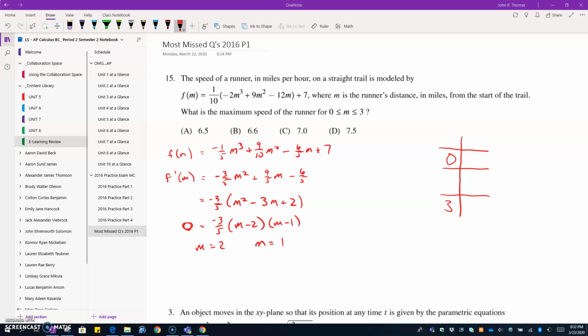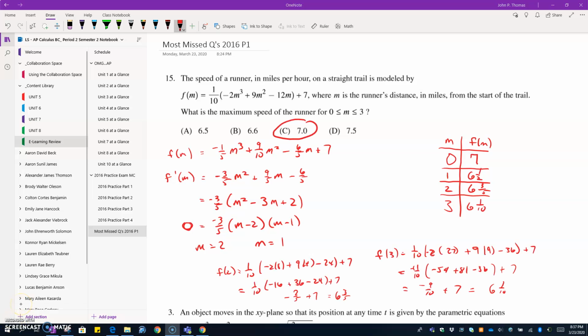Alright, so that gives me two values that I'm going to toss in over here on my table of values to check. And again, these are m values, and we're going to find the value of f of m. So now I'm going to need to plug each of these back into f of m. So let's take a second and plug those in. So plugging those values in, we get f of m at 7 at 0, 6.5 at 1,